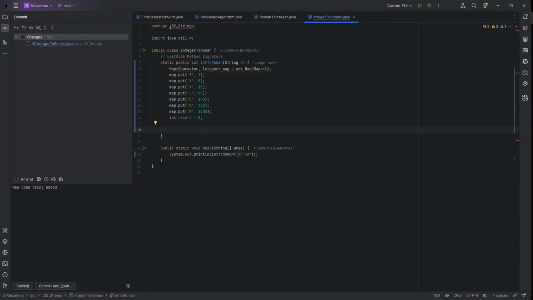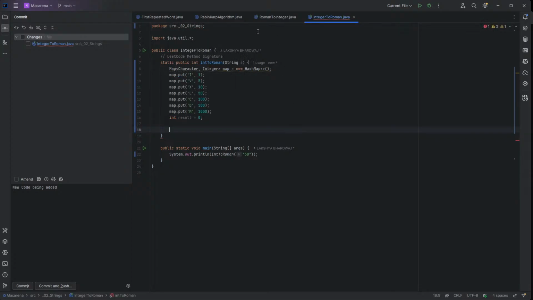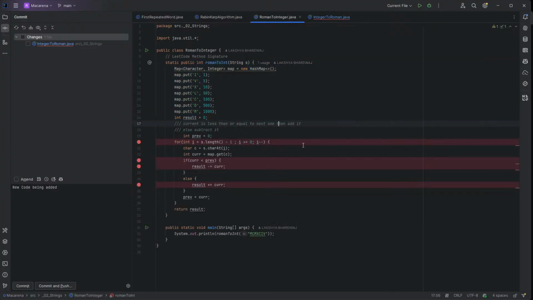लास्ट क्लास में नहीं, लास्ट रिवीजन में हम लोगों ने ये देखा था कि रोमन टू इंटीजर कैसे फॉर्म हो रहा था। हमने प्रीवियस नाम की वैल्यू बना रखी थी ताकि हम प्रीवियस को चेक कर सकें और कंटिन्यूसली कंपेयर करते रहें। पहले हमने चेक किया कि क्या प्रीवियस छोटा है, प्रीवियस तो हमारा 0 था, तो हमने रिजल्ट के अंदर ऐड कर दिया। प्रीवियस हमारा 5 बन गया, फिर हमने 1 चेक किया, फिर C, M और सब चीजें साथ में चेक कीं।